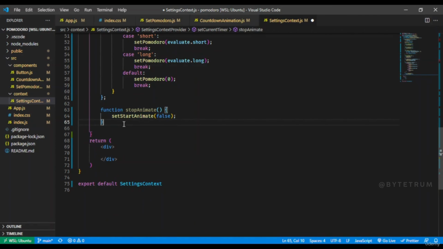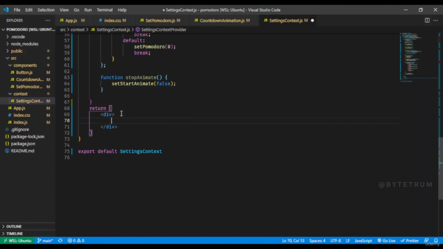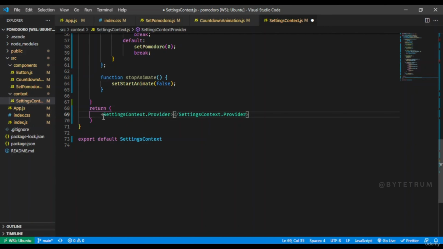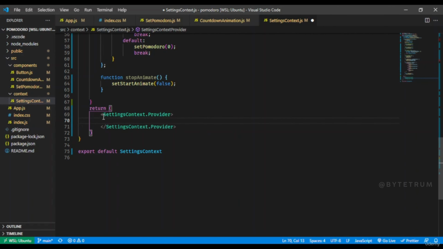So here is the stop animate, but it has not yet been used anywhere. That's why you can see the color is different. Okay, so next in the return we will have these settings context.provider. So no div, nothing. Okay, so there will be settings context.provider, and yeah, that's it. So inside of this, we'll provide a value,